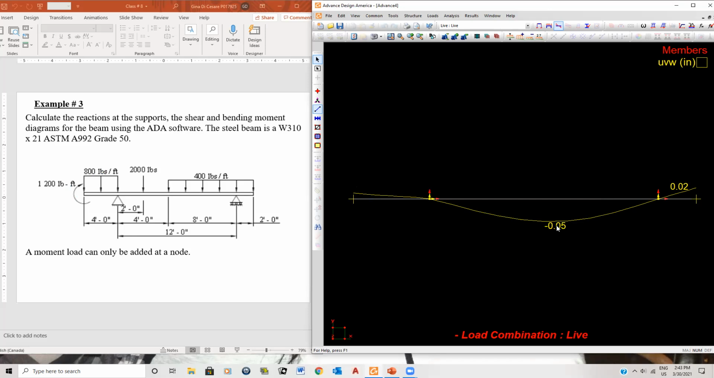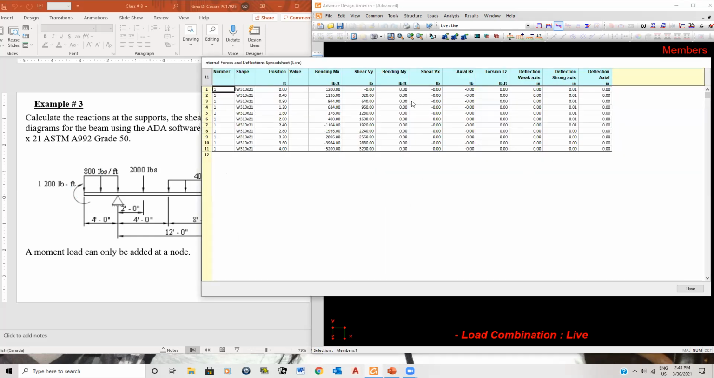And ultimately, if ever you want to see the results, and that's how I like to see them, I can look at the results in table form. This is how I like to see my results. You understand? I like to go here and see my deflection. And at the same time,